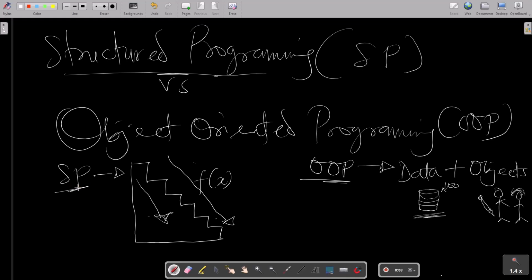Now, structured programming is a combination of steps and functions, and each step communicates with a function. And you can see right there each step communicating with a function. And OOP is just a mixture of data and objects. Objects are like characters, and data are part of the characteristics of an object. So let's go to